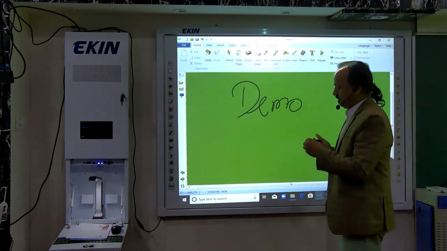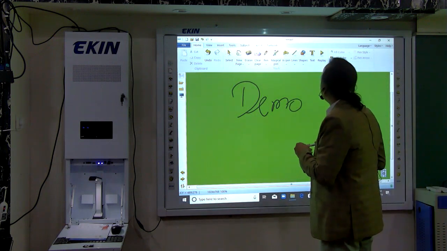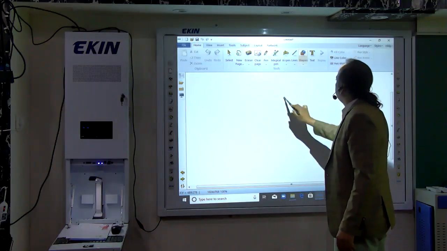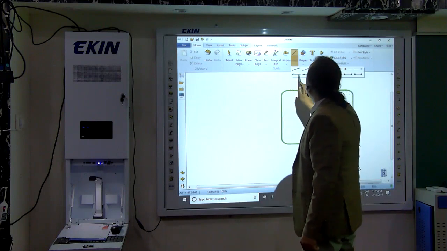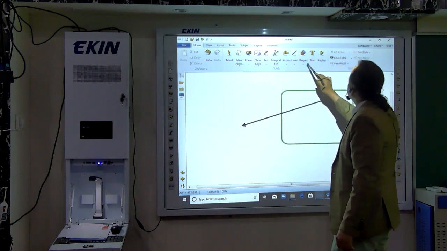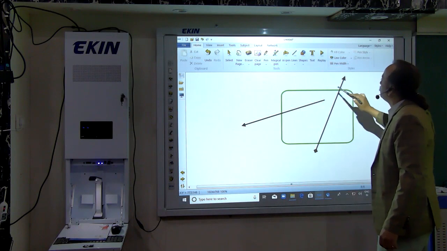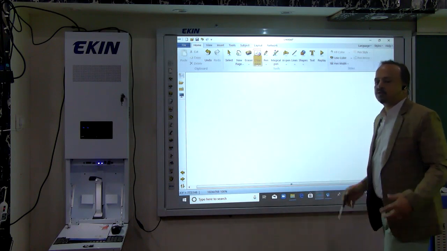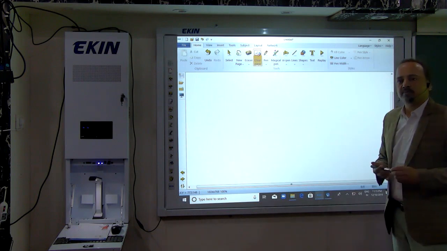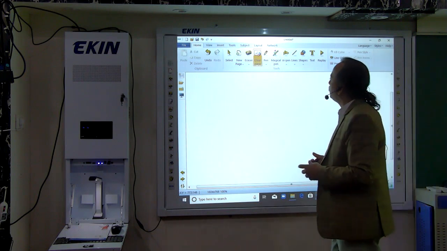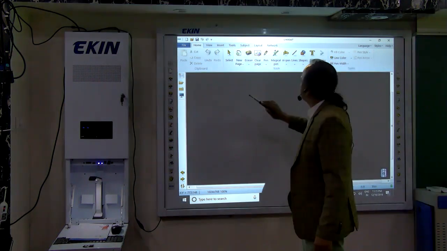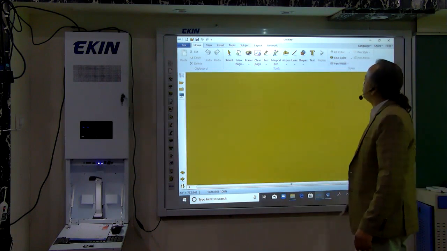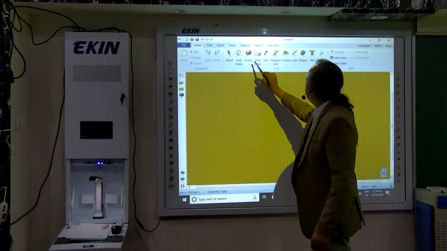What are the features we have here in our software? You can create different types of shapes here, simple. Different types of lines are there. You can choose, and then you can clear the pages. So if you have to rewrite something on the same page, you can clear the page. Let me select some other colorful pages here. Let me write on this.